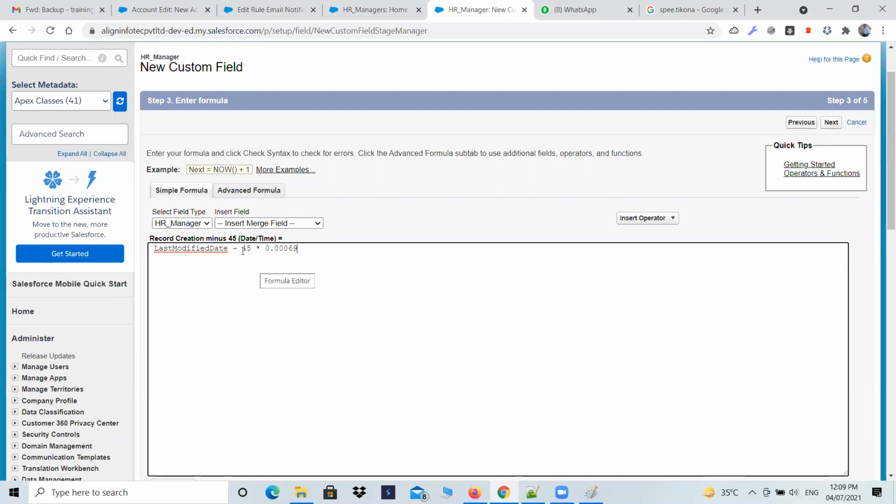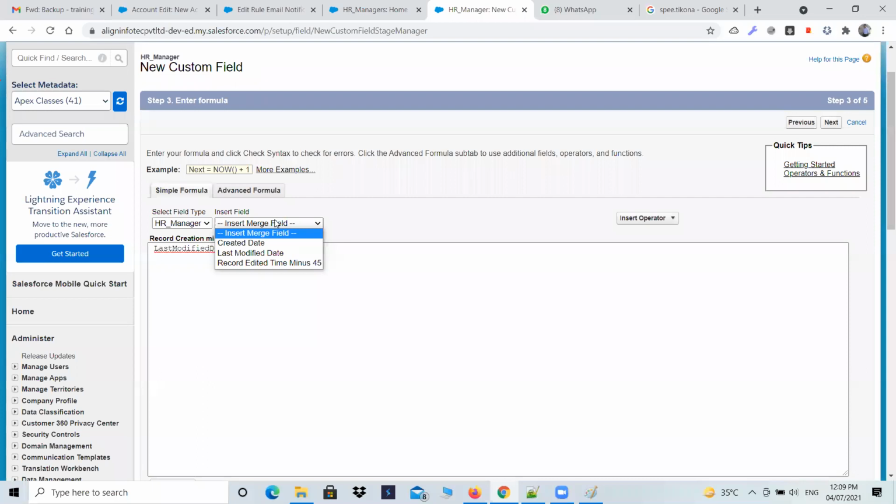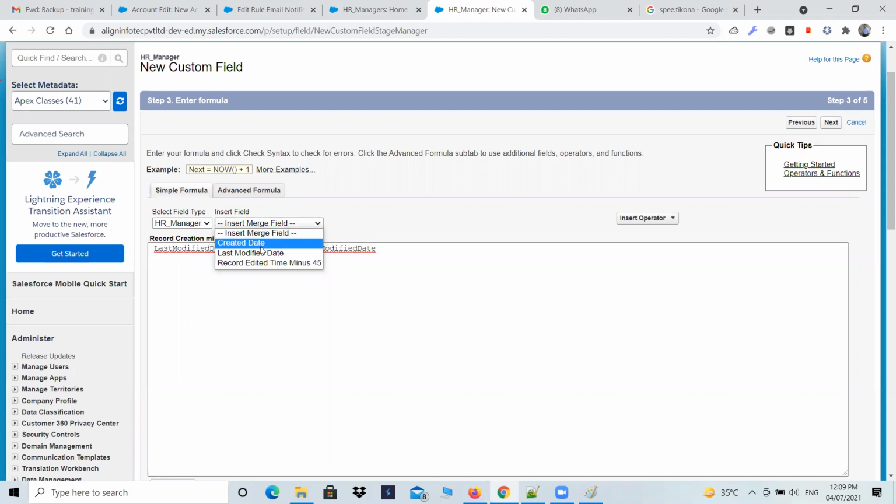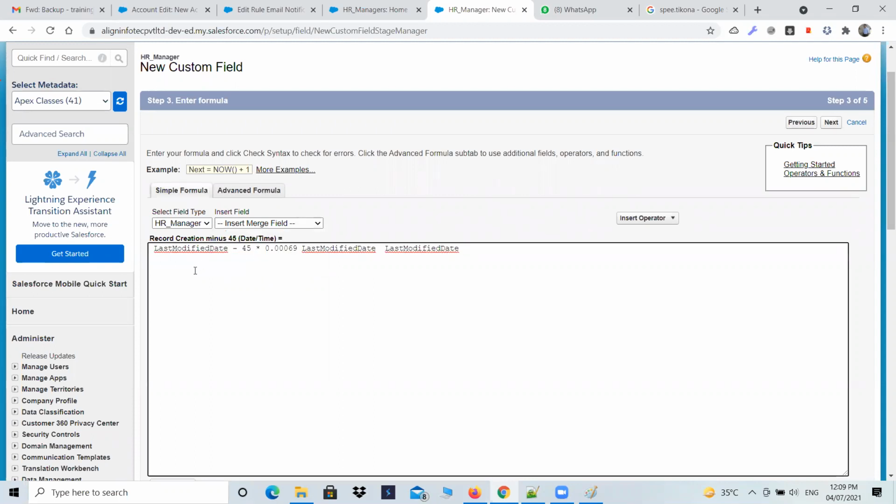Last modified date जो भी होती है that minus 45, created date भी ले सकता हूँ वैसे तो मैं यहाँ पे। क्रिएटेड और लास्ट मॉडिफाइड दोनों चलता है। यूजुअली क्रिएटेड दिया तो भी चलेगा और लास्ट मॉडिफाइड लिया तो क्रिएट एंड अपडेटेड दोनों पे लग जाएगा, इसलिए मैं लास्ट मॉडिफाइड ले रहा हूँ वैसे, ठीक है। देन माइनस 45 मल्टीप्लाइड बाई 0.00069। यहाँ 1 आवर दूंगा मैं, 1 आवर माइनस 45 मिनट्स, तो डेट कम्स आउट टू बी 15 मिनट्स। इस तरह से ये फॉर्मूला काम करने वाला है, ठीक है।